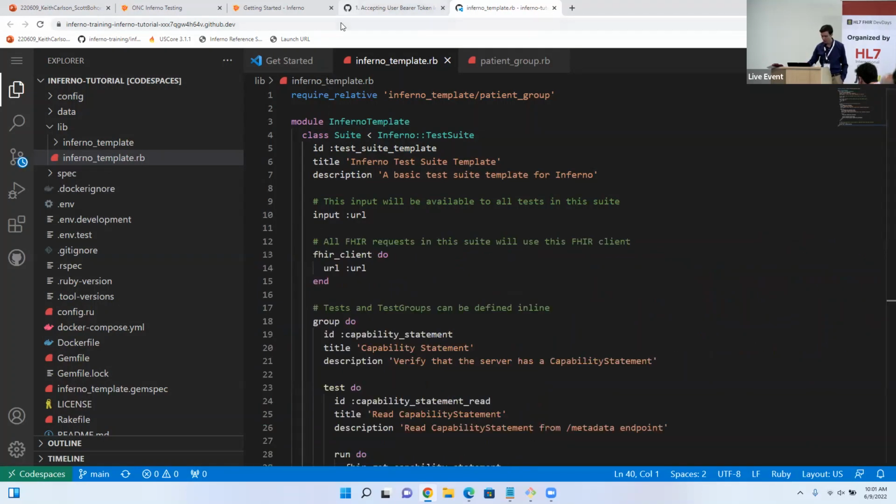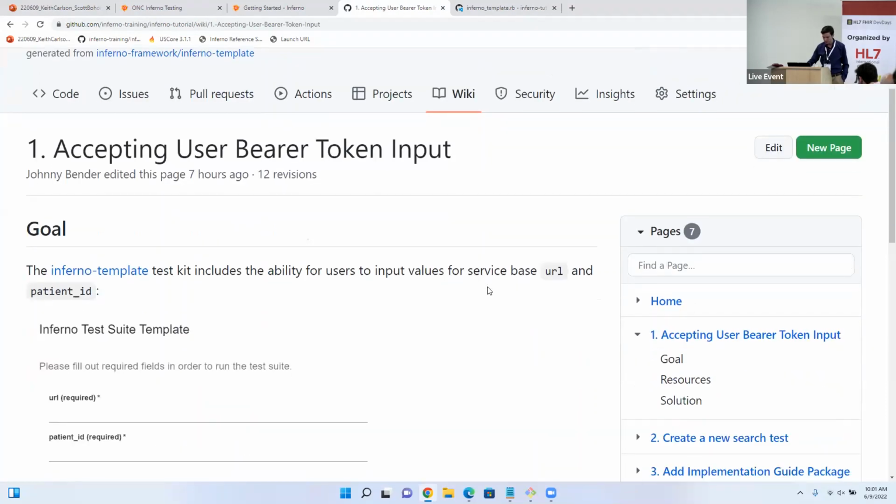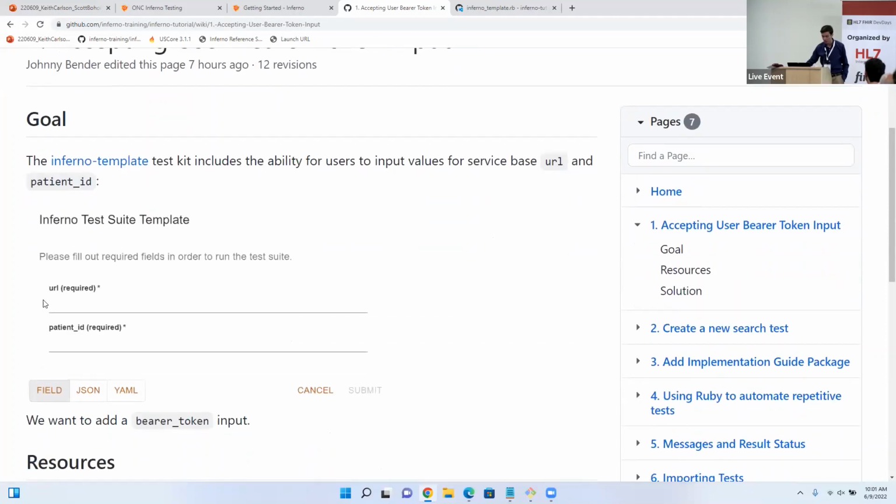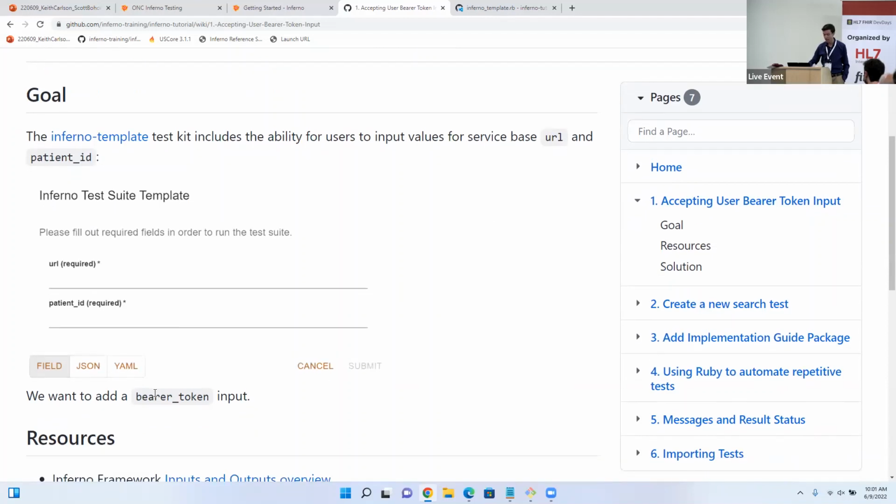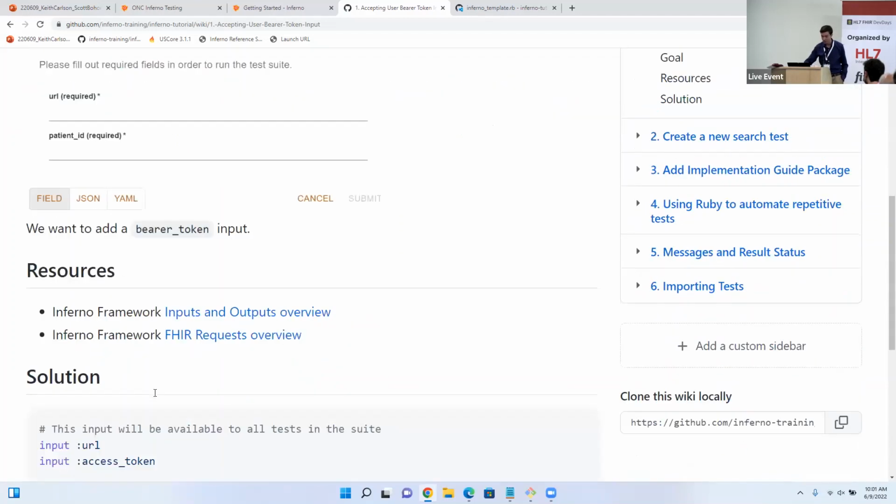But if we go back to the wiki, step one for what I'm going to walk through here is accepting user bearer token input, just to show how to do that really quick. The UI, this is just a screenshot of what we're given. We have an input for URL and patient ID, but we want to add a bearer token input. And so to do that,